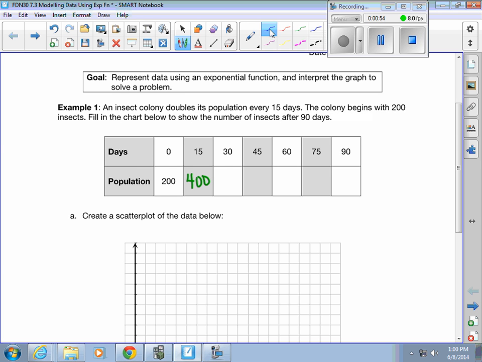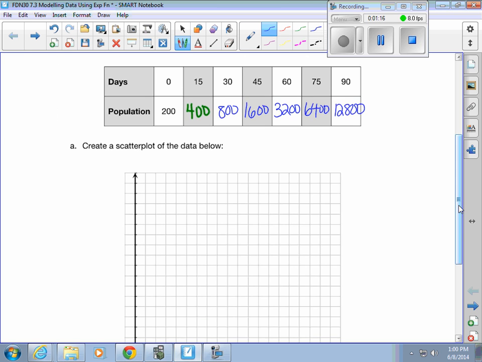After the first 15 days, we're at 400. Another 15 days, we're at 800. Another 15, we're at 1,600. Then we're at 3,200. Then we're at 6,400. And then by the time we get to 90 days, we will have 12,800 ants, all of which live in my basement. So what we want to do then, in order to figure out what this data will look like,